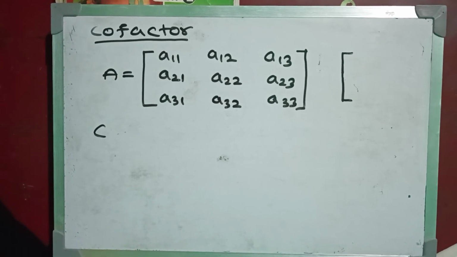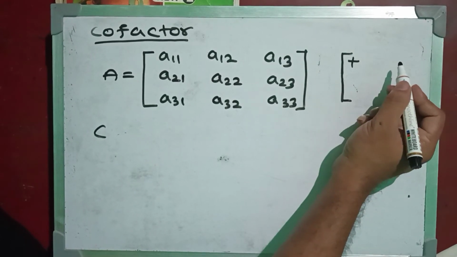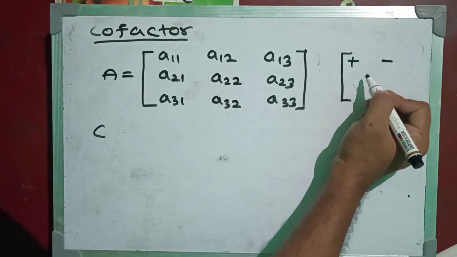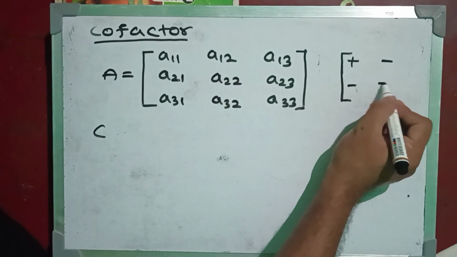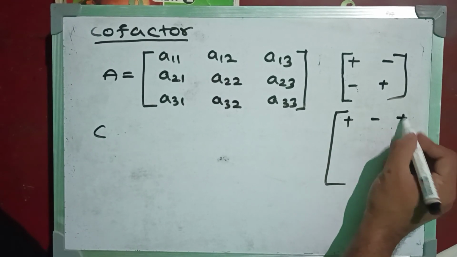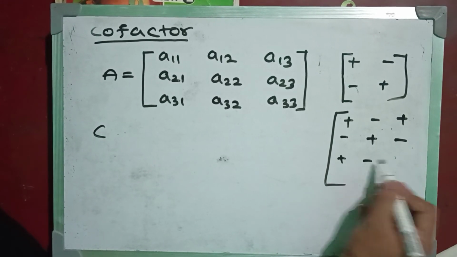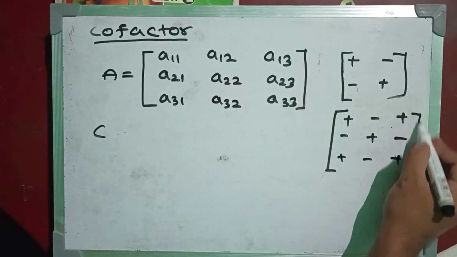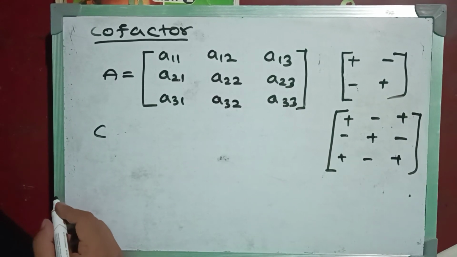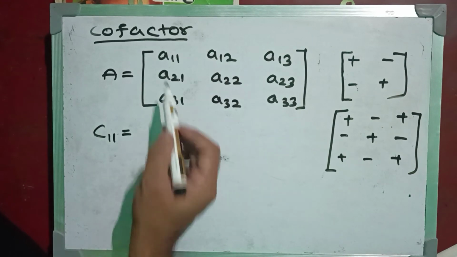Now I will find the cofactor of a matrix. To find the cofactor, we always have to remember one thing. What is that? The first element will be plus, and the next it will alternate, so plus minus, and again it will start from minus plus. Since it is 3 by 3, how will it go? First plus, then minus, then plus, then minus plus minus, then plus minus plus. You have found the minor, so now if they want to find that C11, you have to see the position. Here it's a 3 cross 3 matrix.